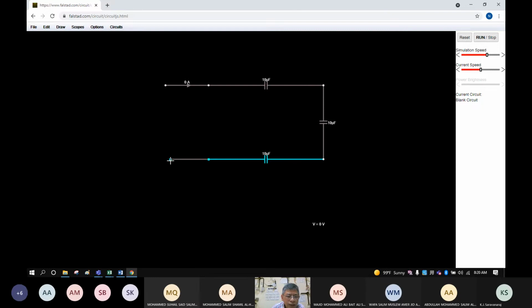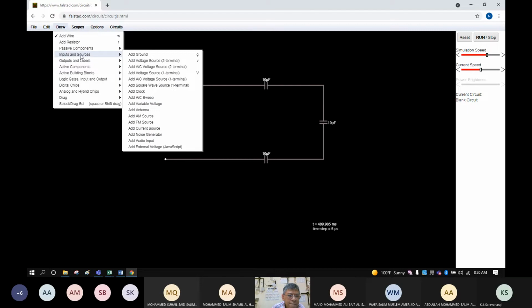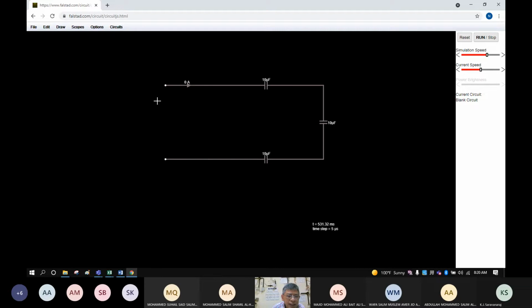Okay, so we will add a wire here, and then we will add a source. What is our source, AC or DC? As I told you, our source is alternating current. So here, I will connect alternating current. Okay, class, then I will run. Did you see? I cannot run this simulation because it says, capacitor loop with no resistance.